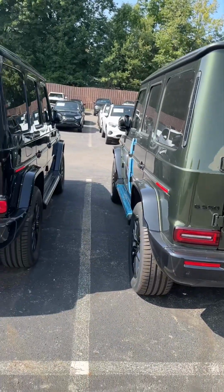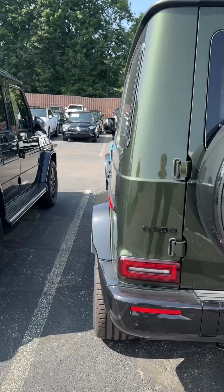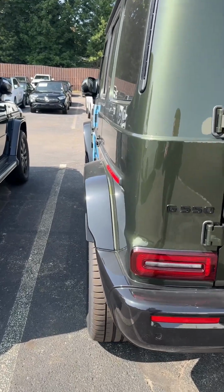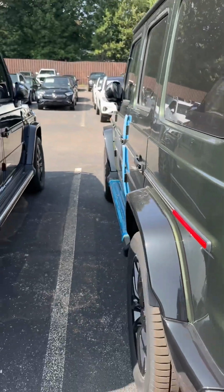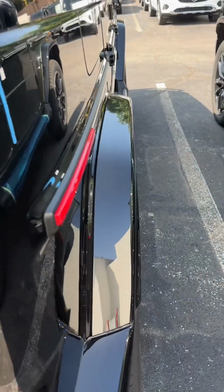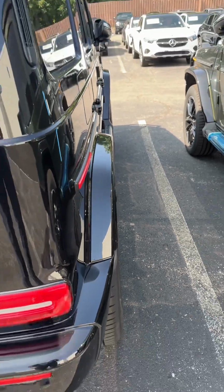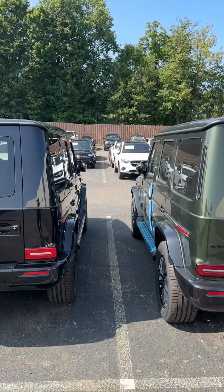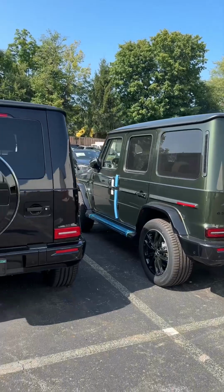And actually, this is kind of cool. This one also doesn't have the AMG line, so you can see, if you look at the fender flares on the 550 with the AMG line, you can see this kind of air flick down here, and the width of the fender flare versus on the non-AMG line, no air flick, and not nearly as far apart. But yeah, it's very prominent to tell from here. Definitely dresses up the appearance of the car when you go with the AMG line. Anyway,